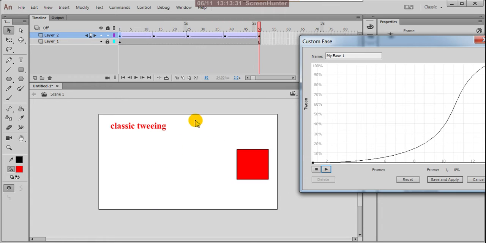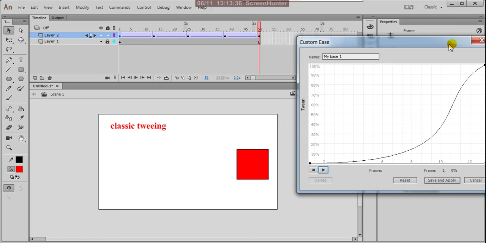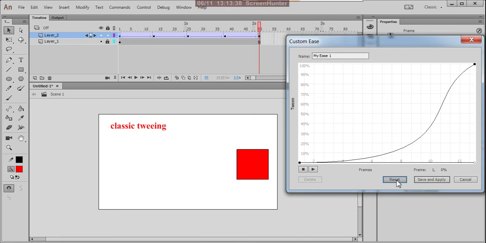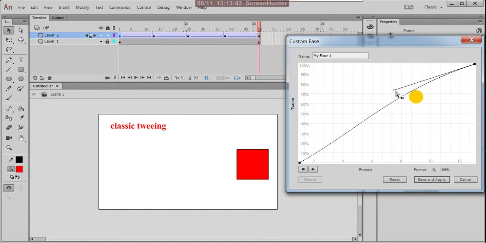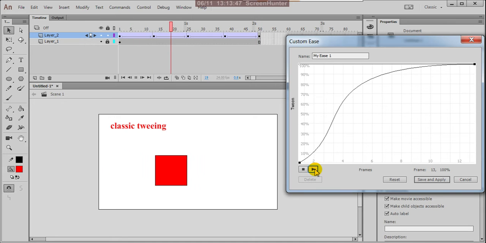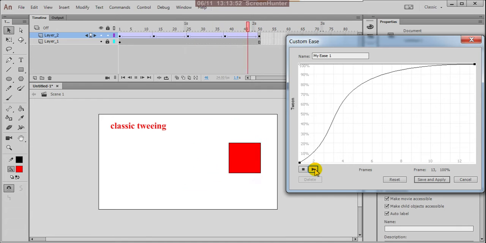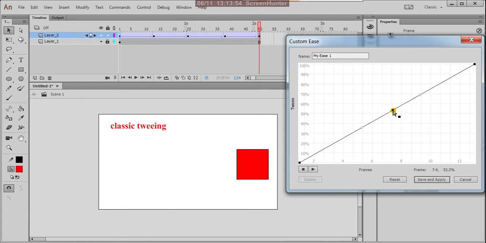Here it is going faster and reaching a bit slower, because the arc is showing that. Suppose reset again, and now click the other side and drag that side, and now play. See that. And reset. Now here click and draw, and now play.